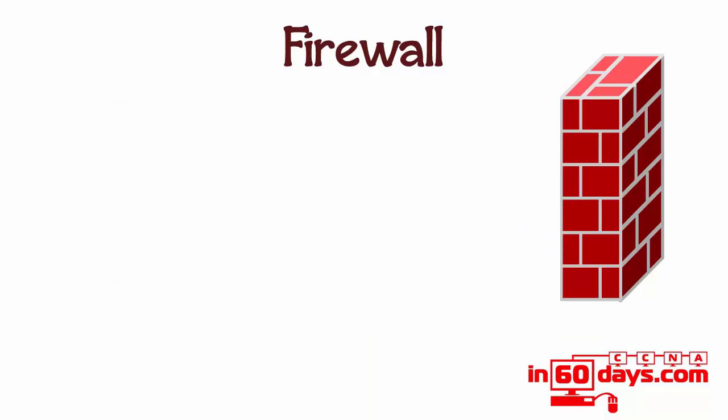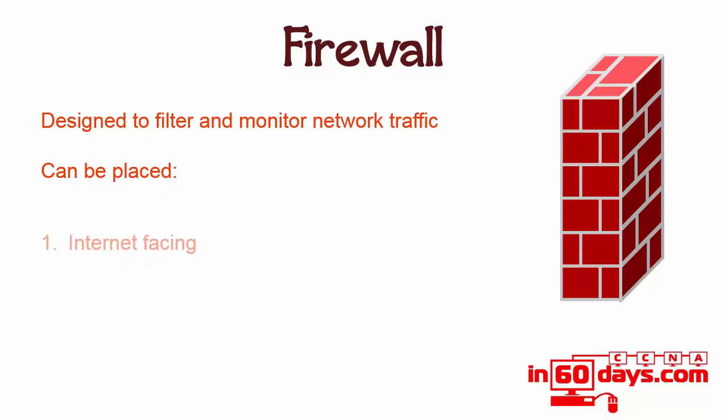Firewalls. Cisco have brought this into the syllabus only briefly, but they're expecting you to have a knowledge of firewalls and what they do. They basically filter and monitor traffic. Now you've got a few choices. They can be placed internet facing. You can put them internally as well between different networks that you want to monitor or filter access for whatever